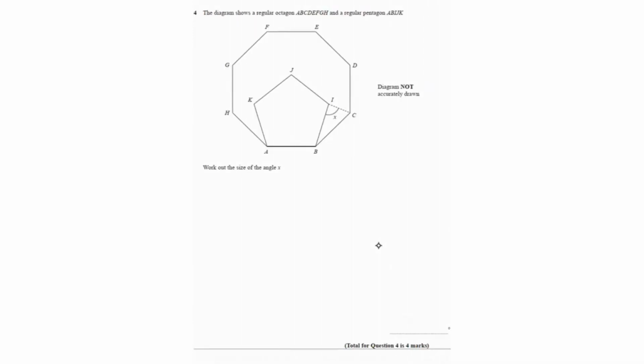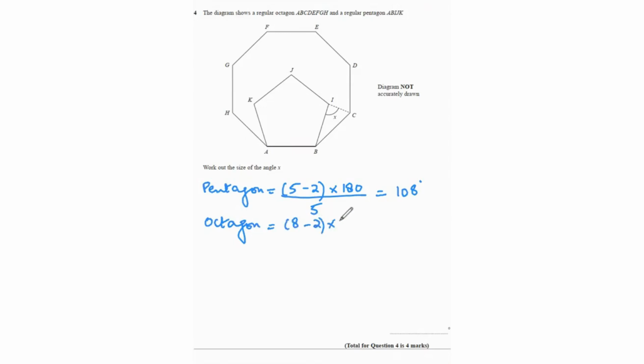In this one, it says the diagram shows a regular octagon ABCDEFGH and a regular pentagon ABIJK. Work out the size of angle X. Since it's a regular octagon and pentagon, once again, the interior angles are going to be the same throughout the polygons. So for the pentagon, (5 minus 2) times 180 over 5. That gives us 108. And then for the octagon, (8 minus 2) times 180 over 8, which gives us